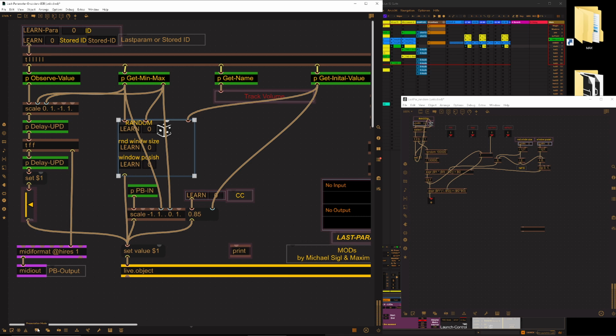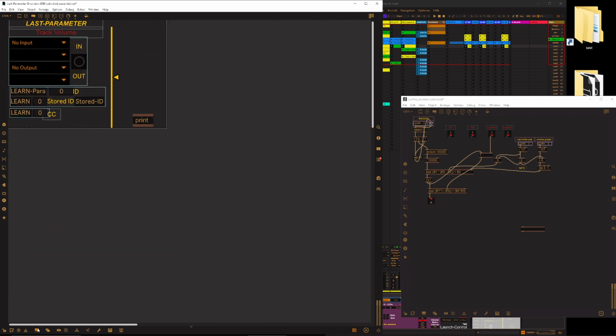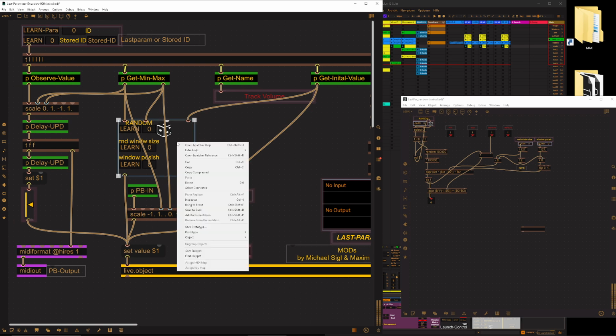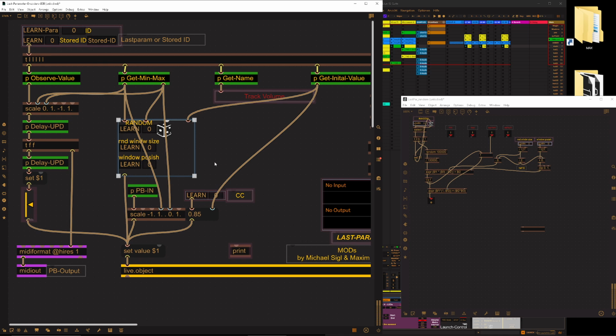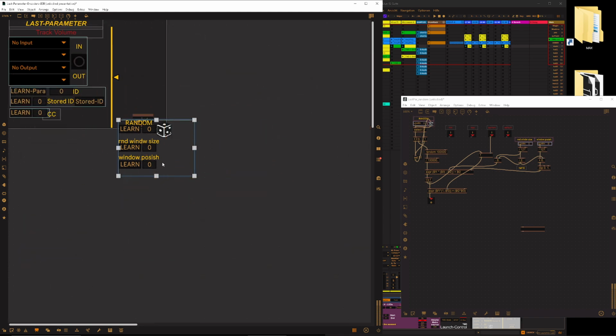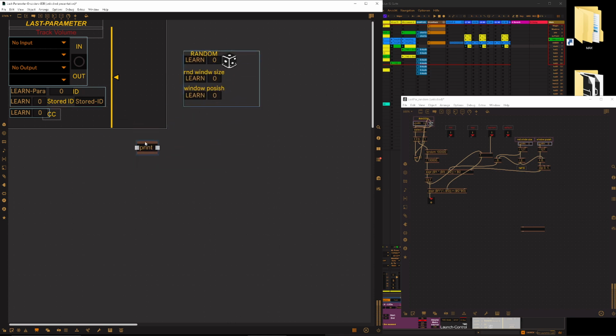Now, this thing is not here. Okay, clear. We have to right click, make add to presentation, and now it's here. But we can make this smaller. Then we have to change these things a bit. Like it. Next thing is